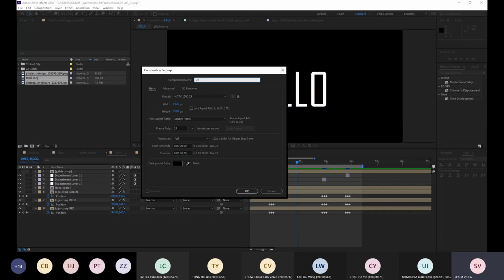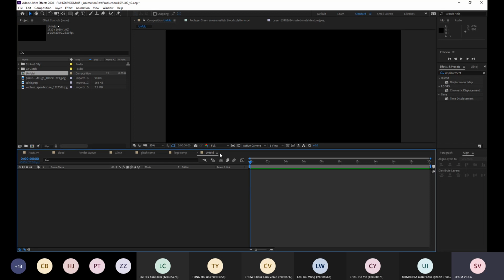I called it unfold, because I'm doing this kind of effect. I'm also keeping the 20 seconds. 我就開一個新嘅 com，一樣用呢個 1920 乘 1080，跟住 20 秒，OK。